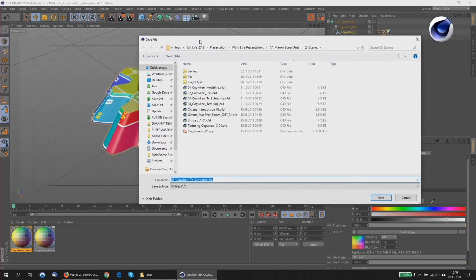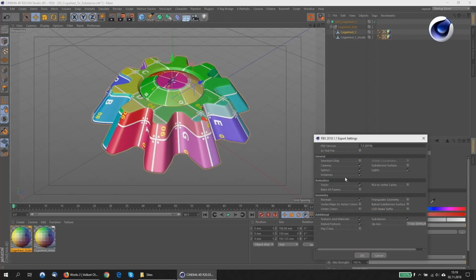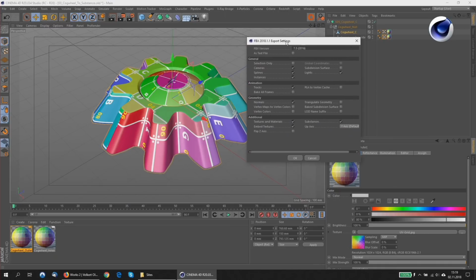That's sort of established workflow. You can also use OBJ, but FBX supports more information than OBJ. So I'm used to doing that. The only thing, if you want to export high-res objects, is to be sure to use bake subdivision surface. Otherwise, the subdivision surface will not be applied to the object on export, and you get the low-res mesh in